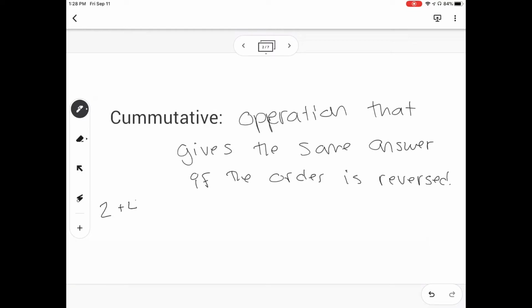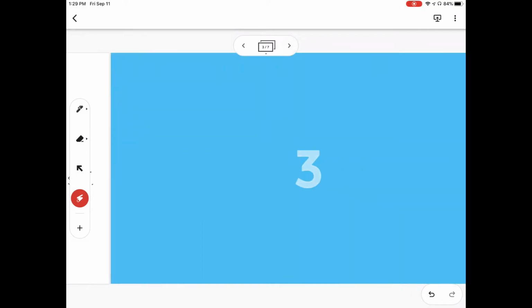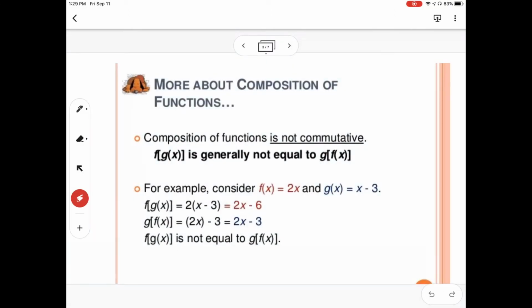For example, adding is commutative. Anytime you add, it's commutative. So 2 plus 4 is 6. 4 plus 2 is 6. So same, different order, but they give the same answer. So that's commutative. So when we talk about compositions of functions,